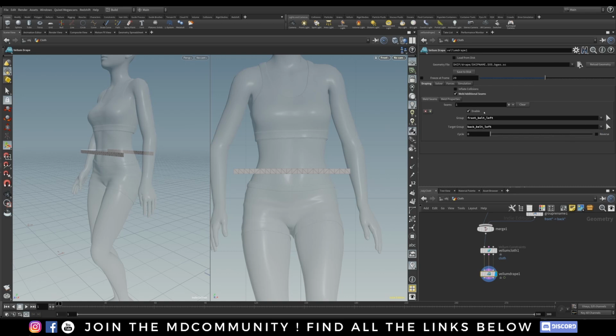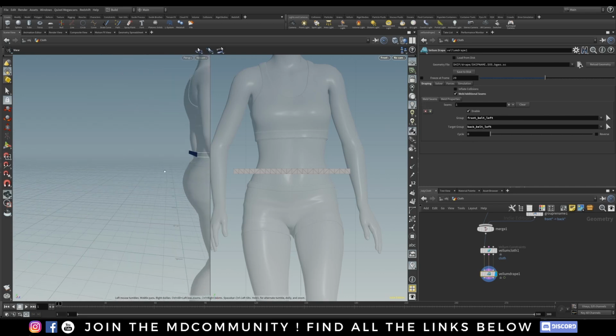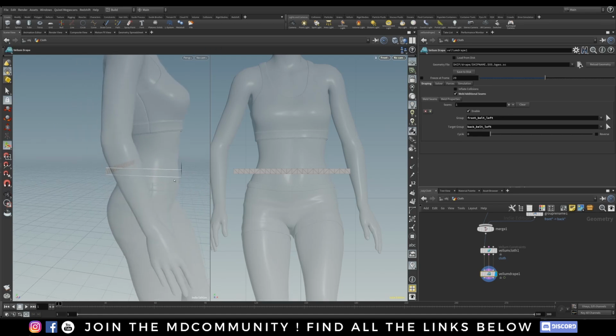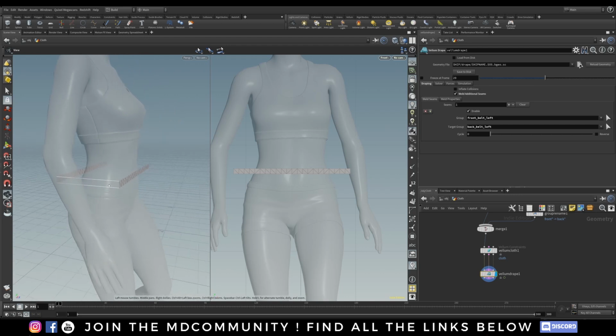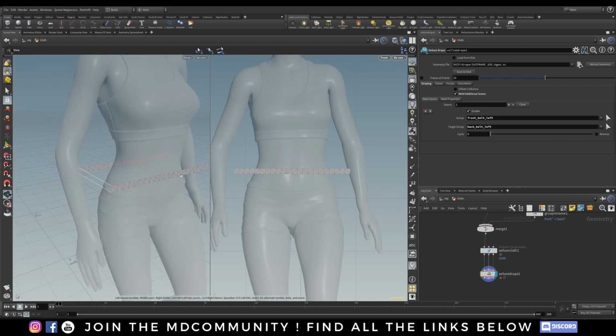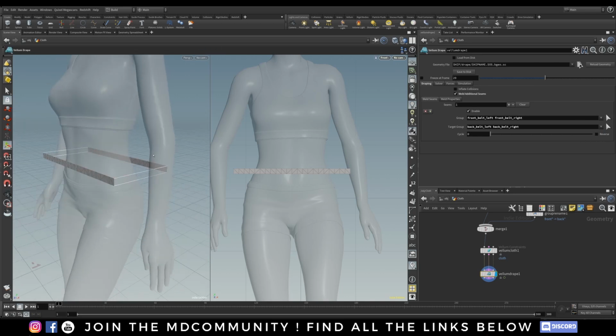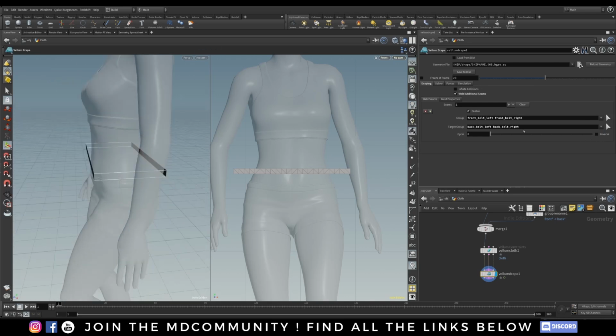Okay, and we want another one. So each seam, as you can see here, from the front belt left to the back belt left, is creating these stitches or welds. Okay, so let's do the same for this side. Instead of adding here the back belt, front belt right and back belt right, instead of doing this, it's working for now, but it's not the right